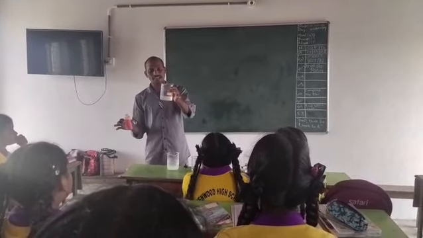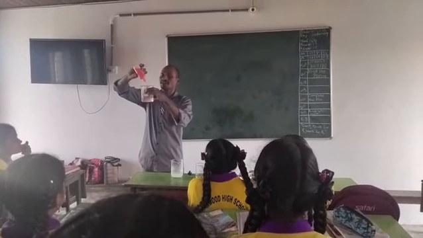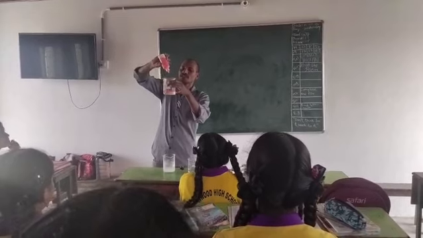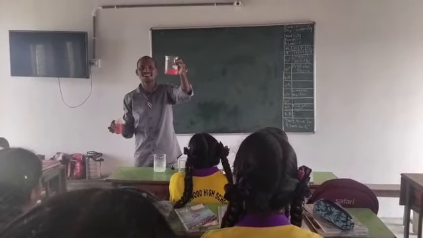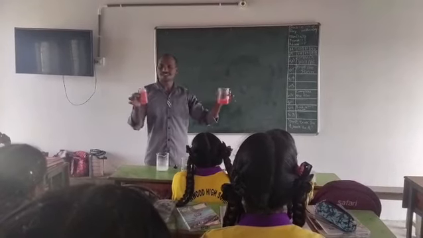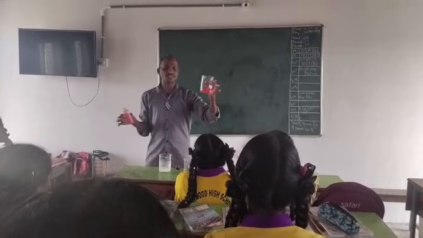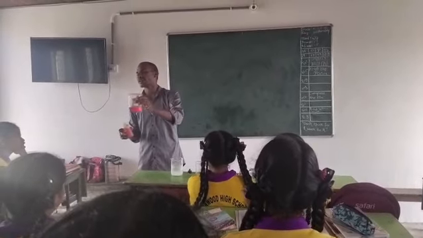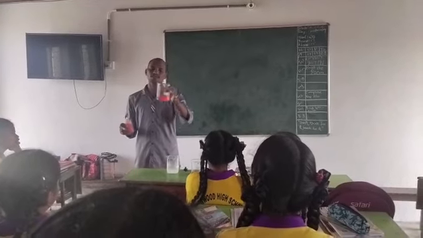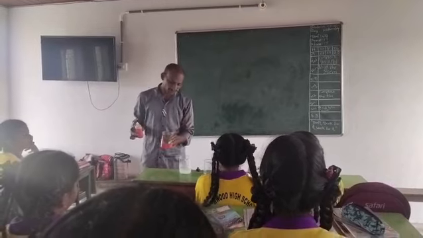Let us see. Is the lemon water turning red or not? Changing red color? See, red color. Okay? So with the help of methyl orange, we can find acids. How does it turn? When methyl orange reacts with acids, it turns into the reddish color. See, red color. Okay? Yes?